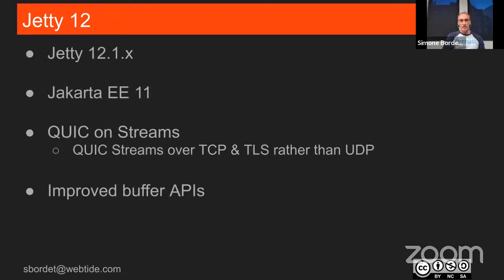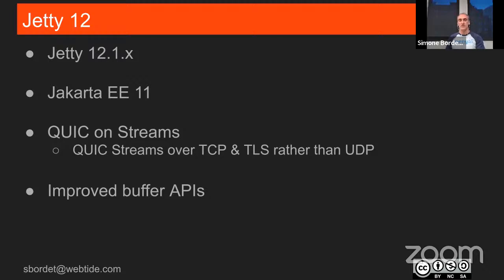So future work for Jetty 12 is going to be 12.1.x. It's going to be kind of backward compatible, but we're going to take the chance maybe of polishing up and deprecating things and removing things that are deprecated. We are already in very good shape at implementing Jakarta EE 11, which is due this summer, and we are already running against the TCK that proves that we have a good implementation for that.